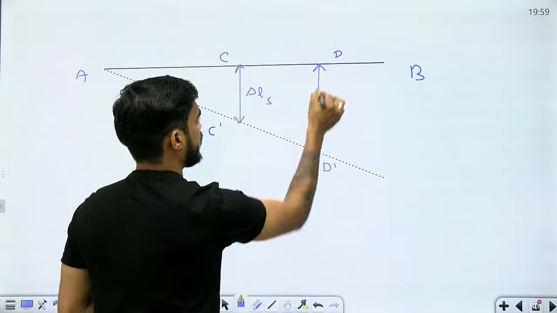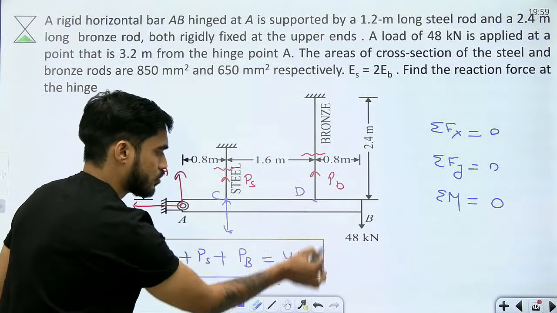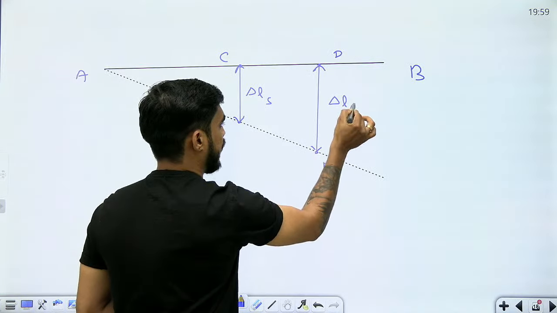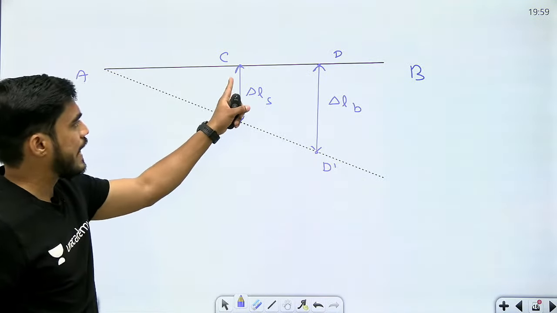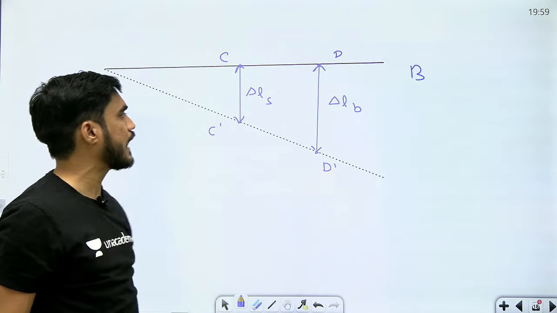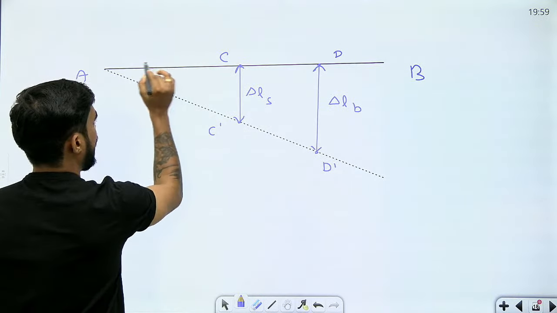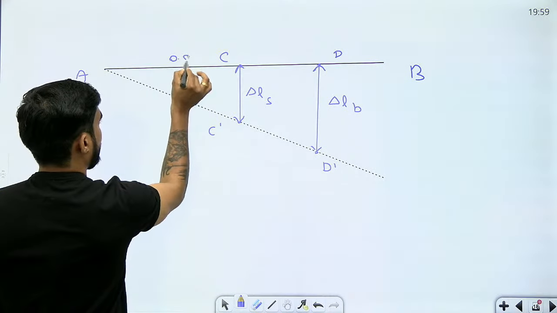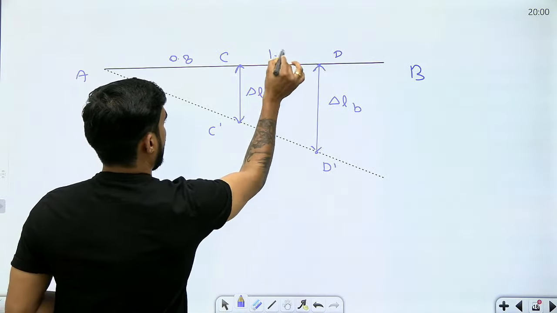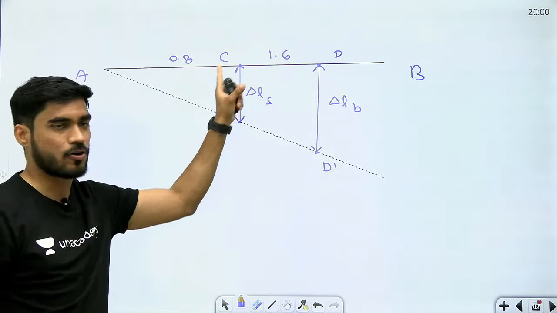And this is what? D was initially here and now it's reached to here. So this is the change in length of bronze, right? So this is delta L of bronze. Now can I calculate a relation between delta L of steel and delta L of bronze? From similar triangle property, this length is how much? 0.8 and this length is how much? 1.6. ठीक है? हालांकि वैसा दिख नहीं रहा है, गलती से मैंने थोड़ा ज्यादा ले लिया है C को, but